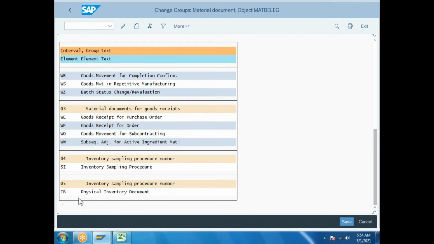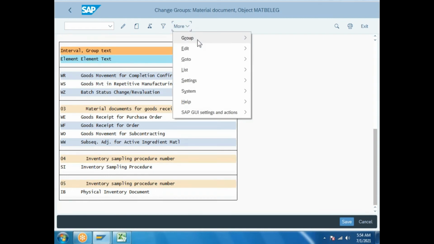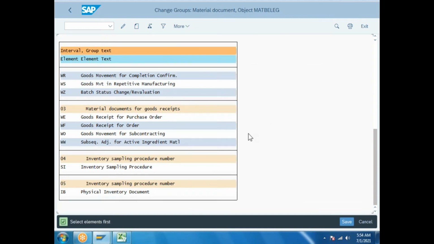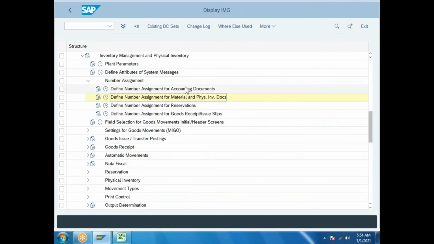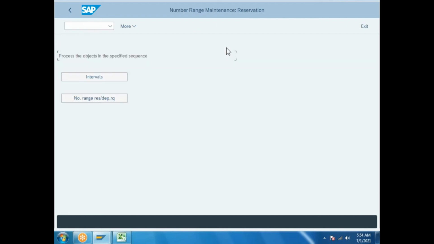IB, physical document, assign. How to assign? The group assignment number will come; select it and it will automatically come here. Then go back. Save. Need to save. Go back. First one, accounting: who will take care of that part? Finance.